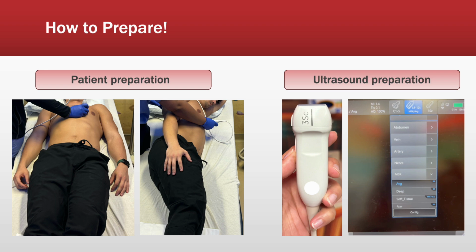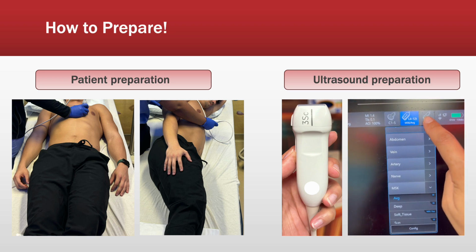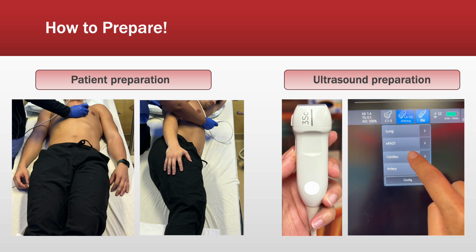This is a picture right here of the phased array transducer. You can see it has a very small square footprint right here that could easily fit in between the ribs. And lastly, I'll show you a small video of myself selecting the phased array transducer here and then going